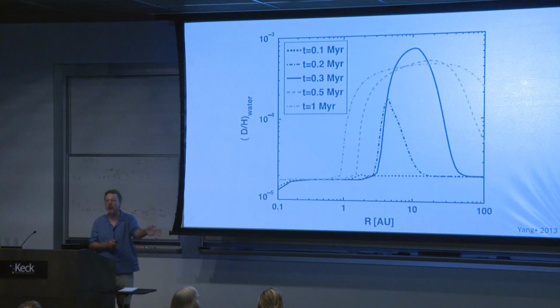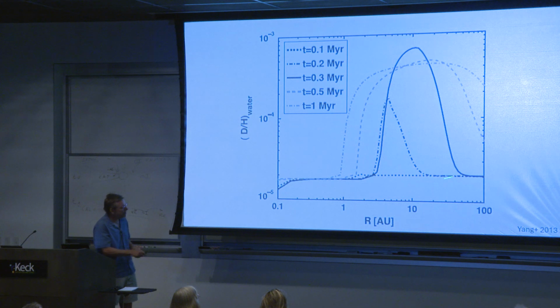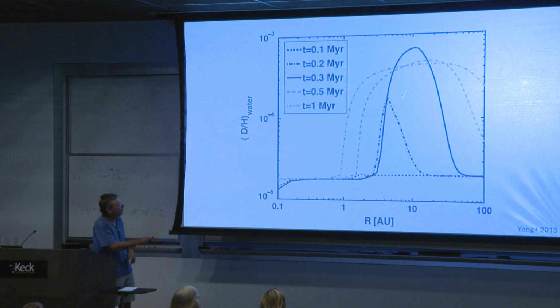As you start to look at D to H models in the outer solar system, you'll find you can almost come up with any answer you want. But here's one that includes some time variation, starts out all the same, and then material falls in from the cloud with higher D to H ratio. That's where it's falling in here like this, and it kind of spreads out. And so you can come up with models like this, but what you really want are data to constrain you,